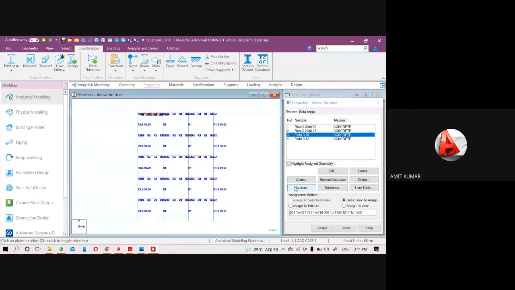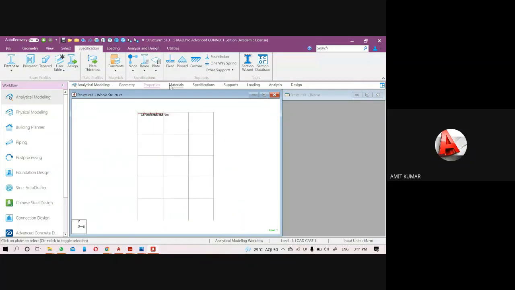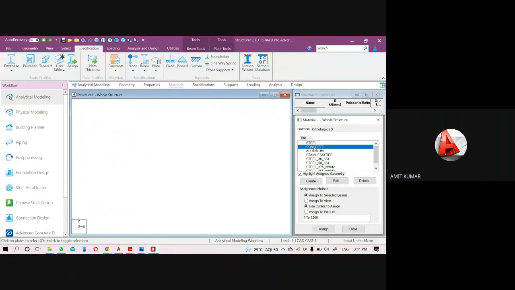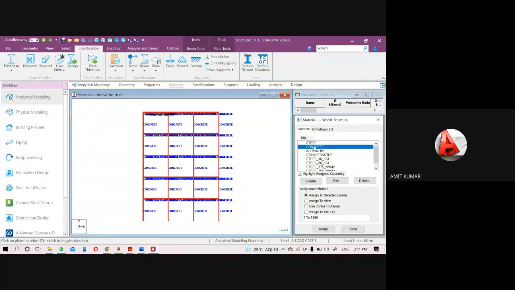Okay, and after creating the properties, next thing will be assignment of the support. But before the assignment of the support, I will explain a few material options also. Like if you want to change a few properties of any material, so go to the material. If you want to change the material of the concrete, here it is the default material properties.